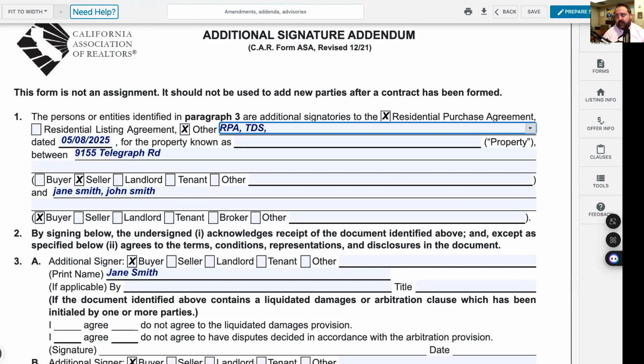It doesn't work like that. It's 1 at a time. So if you're going to use it for something other than the RPA or the listing agreement, it's 1 at a time. Now, this becomes kind of the discretion of the listing agent, but